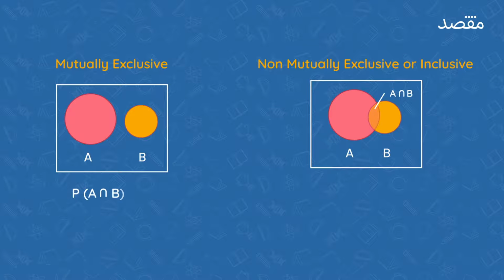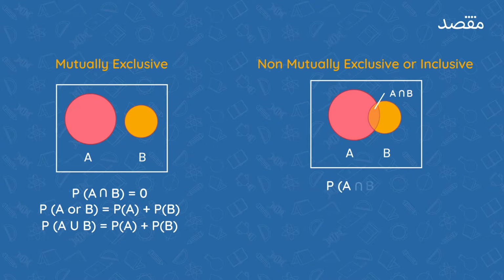If A and B are two mutually exclusive events, that is nothing in common. Then the probability that either one of the events will occur is, if A and B are two mutually inclusive events, that is not equal to 0. Then the probability that either one of the events will occur is,